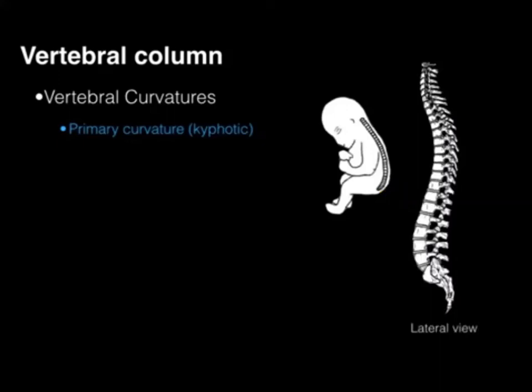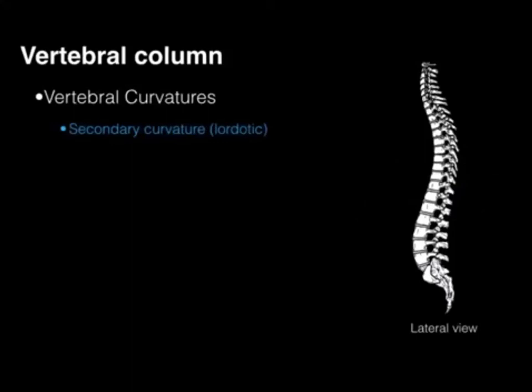And so that curve is retained in the thoracic region of our vertebral column. And so we call that curve in the thoracic vertebrae the primary curvature. But in an adult, what we see is that in the cervical and lumbar regions, we have these secondary curves